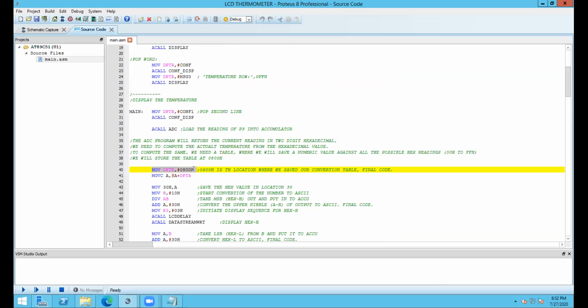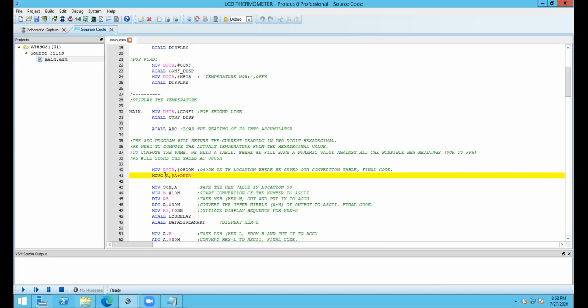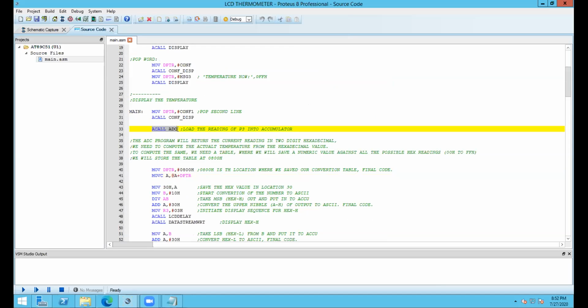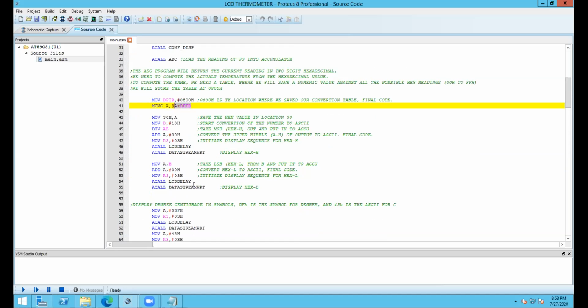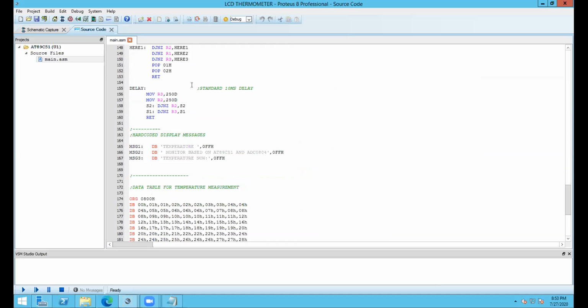From this part, we are loading the lookup table into the data pointer again. Now, after calling the ADC function, we have the current hex reading in the accumulator. So we will just add the reading to the current value of the data pointer so that it takes us to the place where the reading is stored.